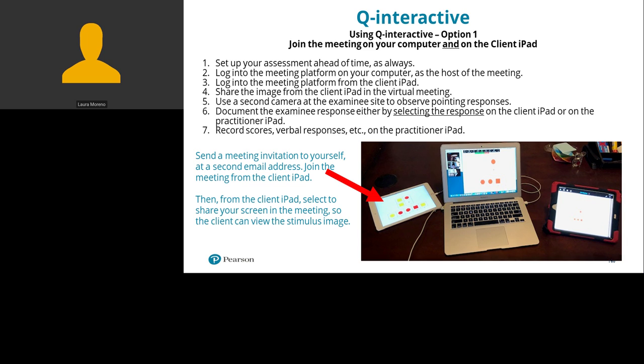Finally, you would record scores, verbal responses, take notes, etc., on the practitioner-facing iPad. Now, to provide a little more clarification on the process, you would send a meeting invitation to yourself at a second email address, and then join the meeting from the client iPad. Then from the client iPad, you could select to share your screen in the meeting so the client can then view the stimulus image.